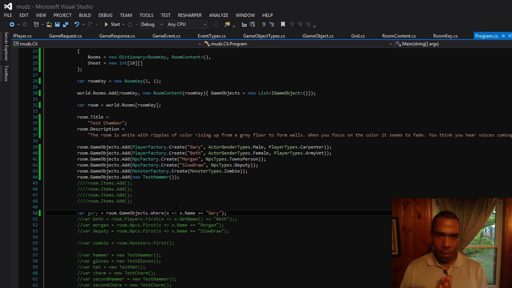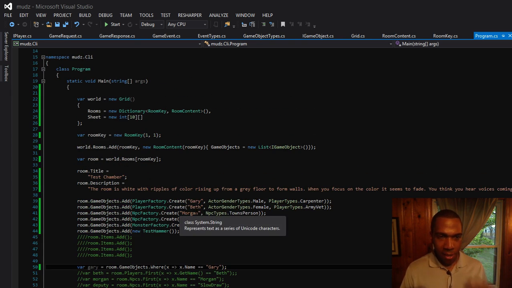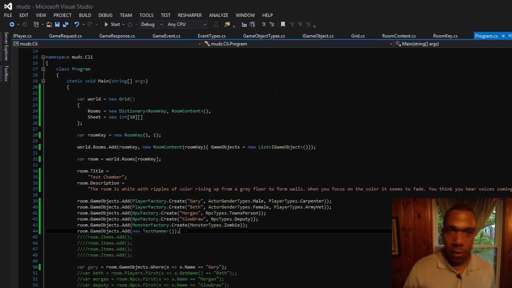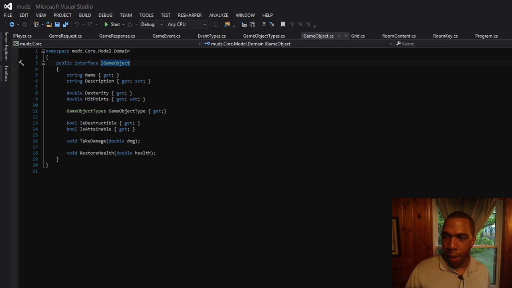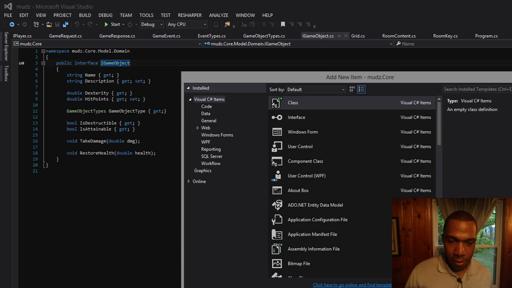We're running out of time slowly, but I do want to implement the commands that we talked about. So that's a quick look at how we've opened up the ability, and the need, to have commands. If we go back to our IGameObject, everything in the game can take damage and restore health. We might not need to expand that, but what we want to do first is add a new class and just call